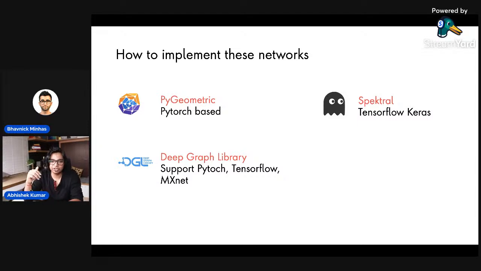The benefit here is that DGL supports different kinds of backends. You can use PyTorch, you can use TensorFlow, or you can use MXNet. And there are TensorFlow Keras specific ones as well, right? Spektral, and there are a few more like GraphNet and others. So there are a lot of frameworks out there, so that you don't have to build everything from scratch and ground up. You can leverage some of these frameworks and libraries to build these kinds of graph neural networks